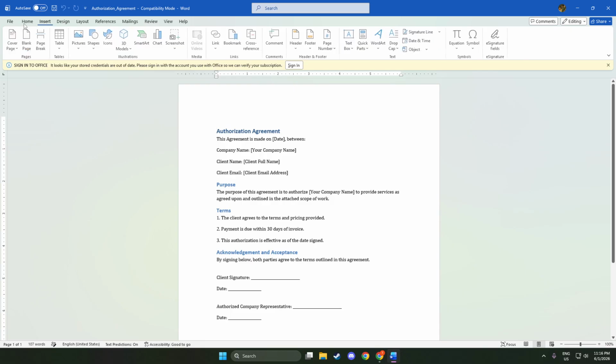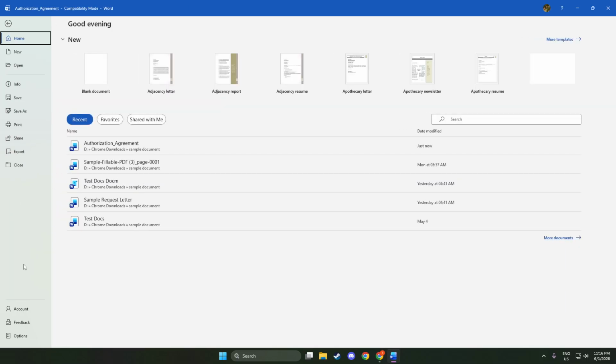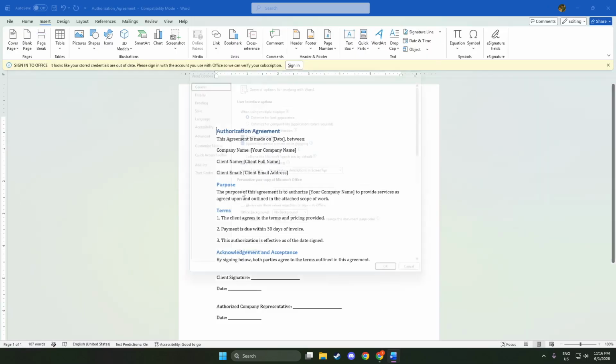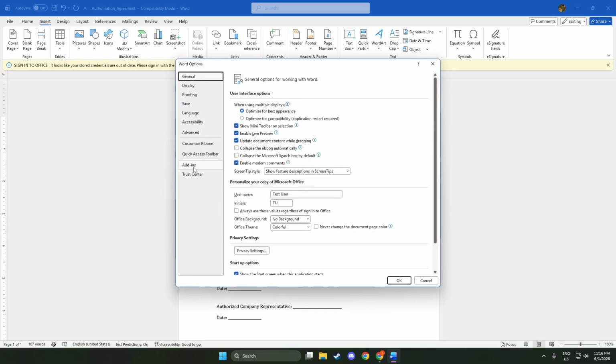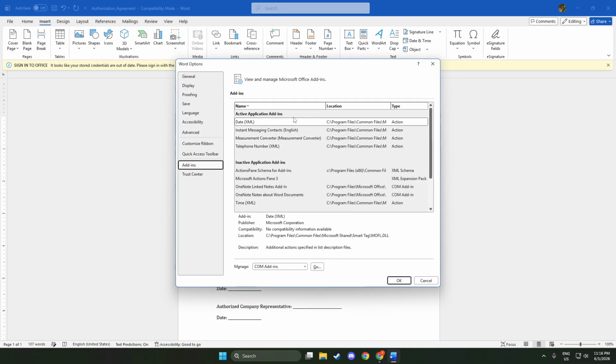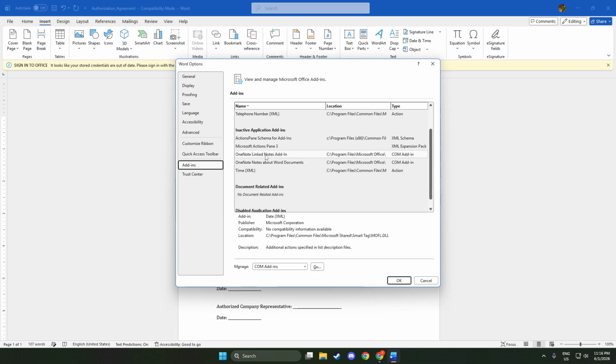After that, restart Word. When Word opens again, check whether the crashing has stopped. If it has, then you've confirmed that one of the add-ins was the cause. Disabling all of them is a very common and effective fix, especially if the issue started suddenly after an update or after installing new software.